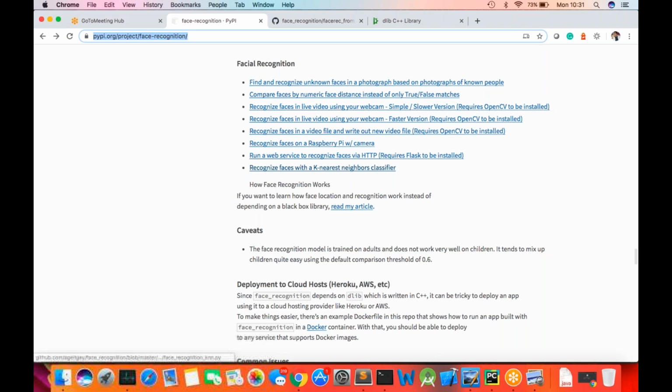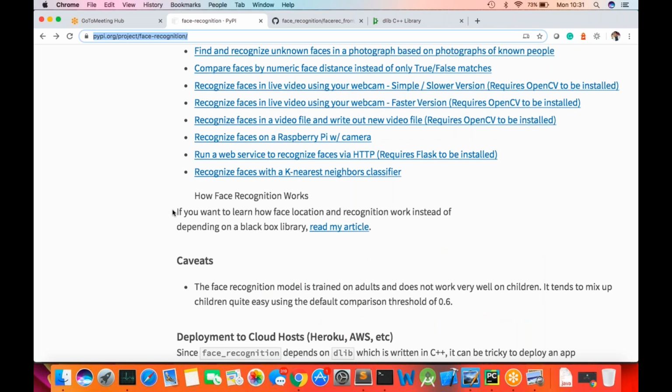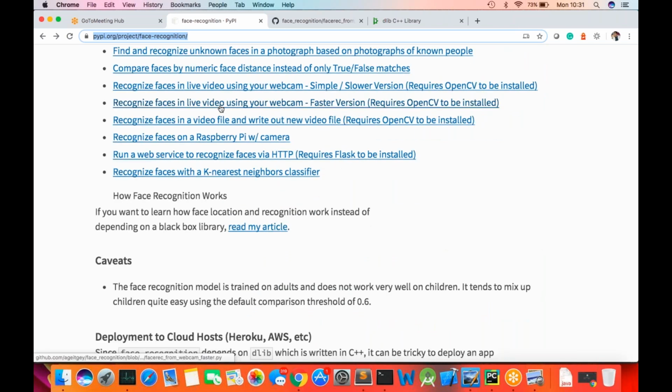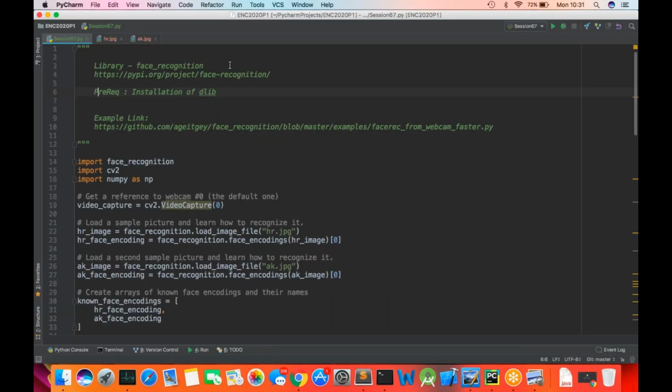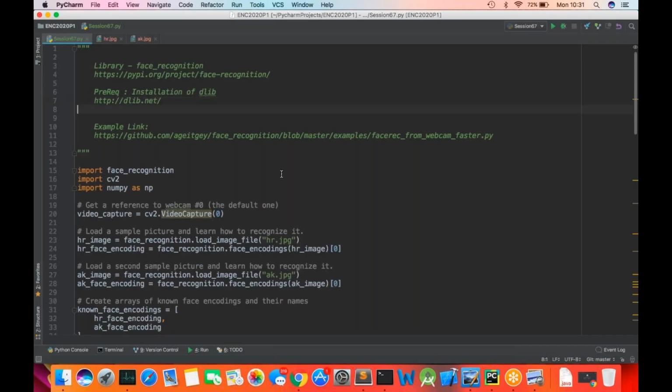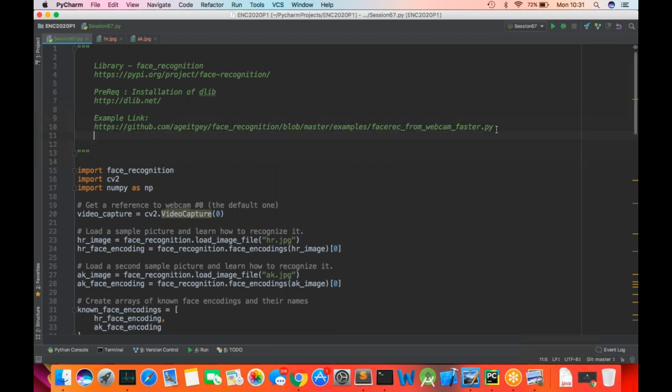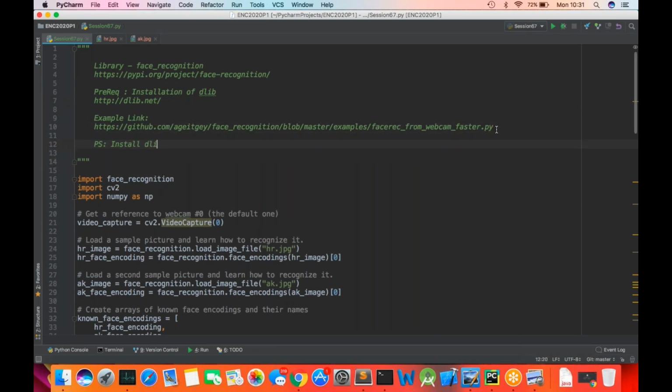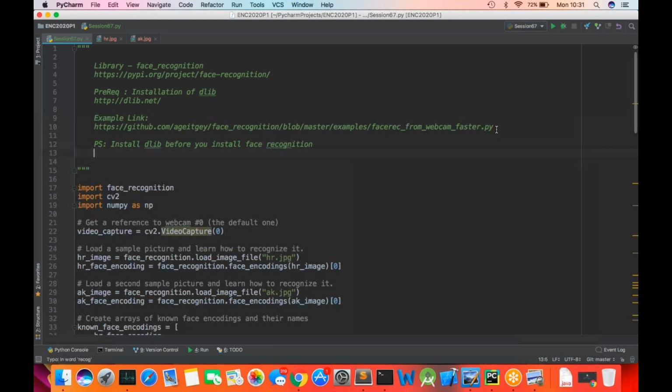Then recognize faces with a K nearest neighbor classifier. So many of you can just write the projects and finish off. So dlib, right? Please see, install dlib before you install face recognition,